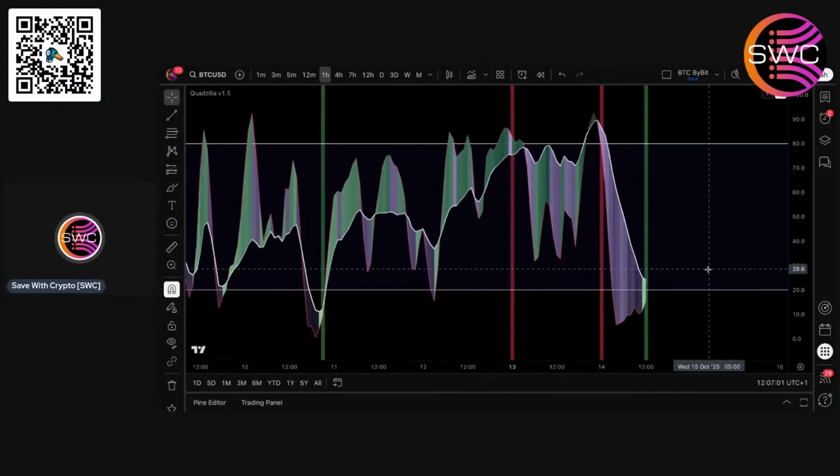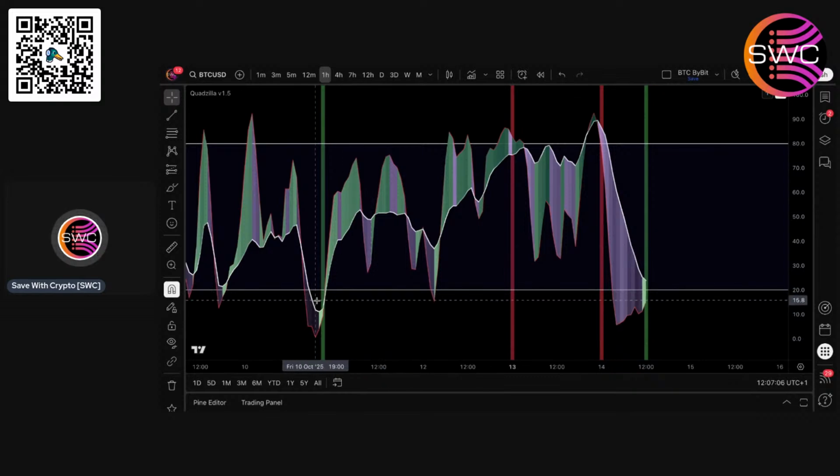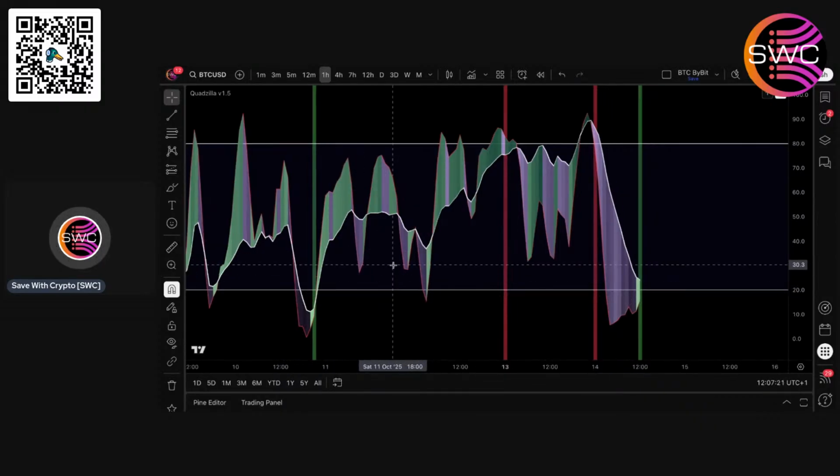And what we've actually found in particular is when you get this kind of space here. You can see here that it came down and there was a space below that 20% line. And I think that was the crash on Friday. So you pretty much knew when that happened, the price was going to go back up. Now, what has just happened